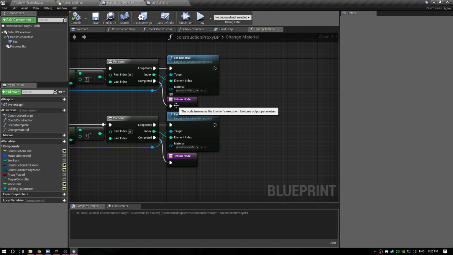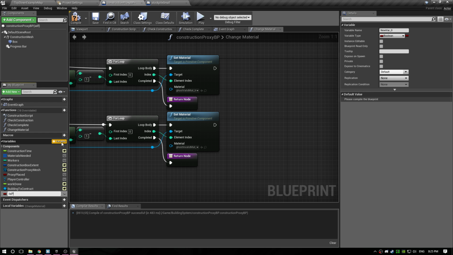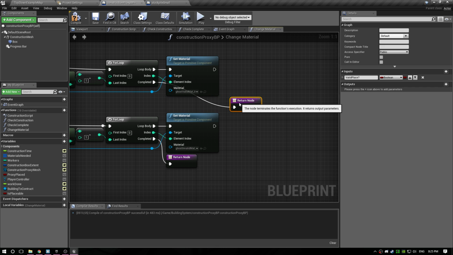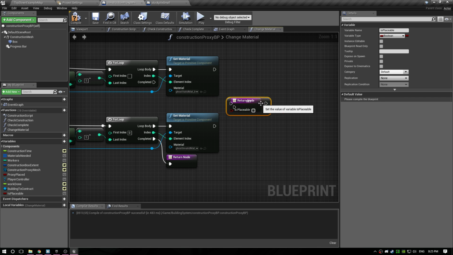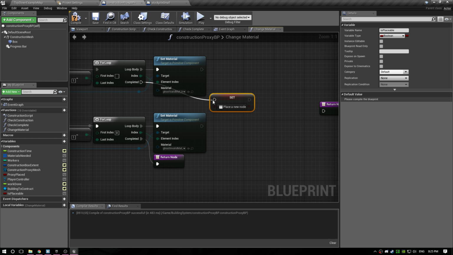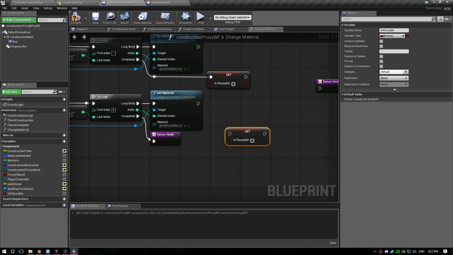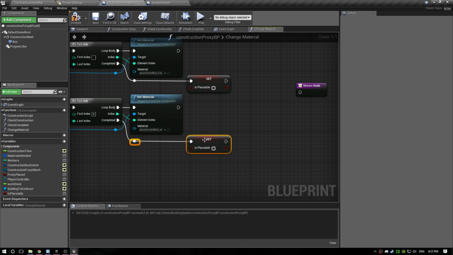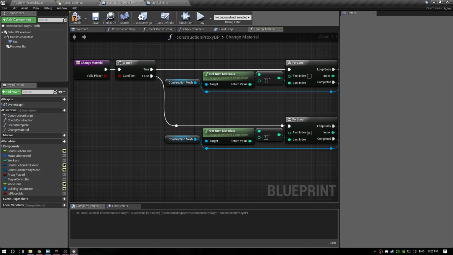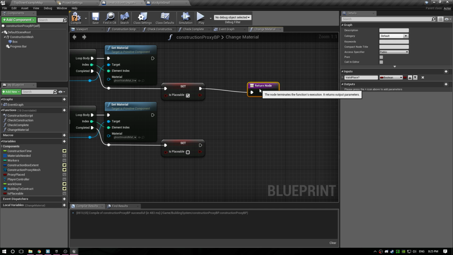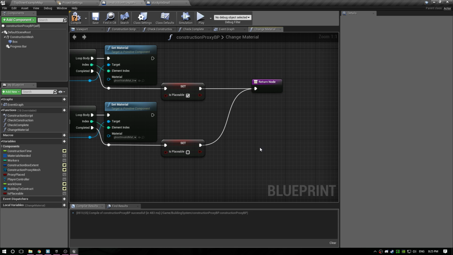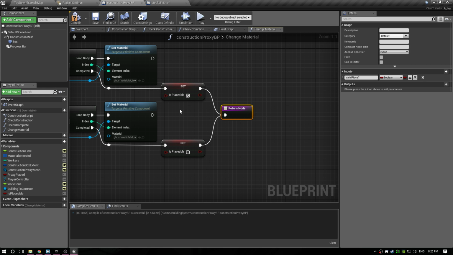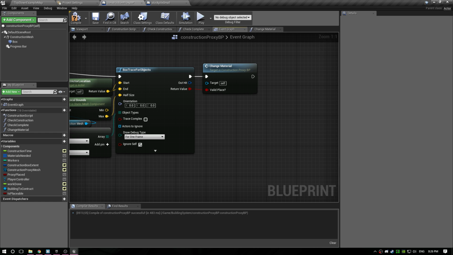So before we return, we need to make another variable and call this is placeable, because this is going to basically allow us to either place our object or not. So we're going to set is placeable over here on the completed loop. That's another thing I almost forgot. Good thing I did this now, because otherwise I would have been like, what is happening? So if it is valid place, it's placeable. There we go, return. Save this. Save everything else. Great. So now that we've done that,